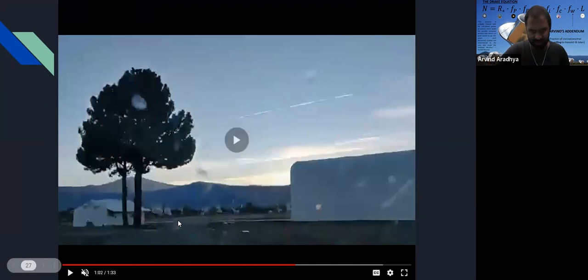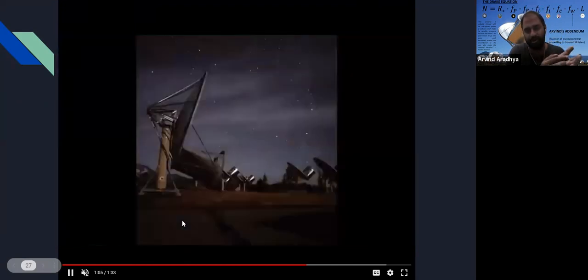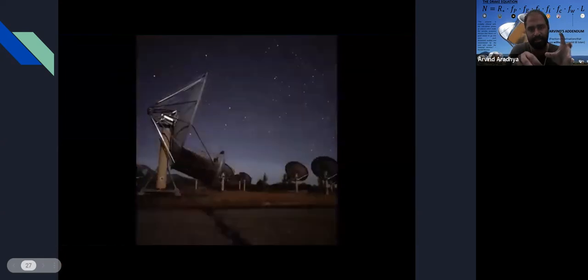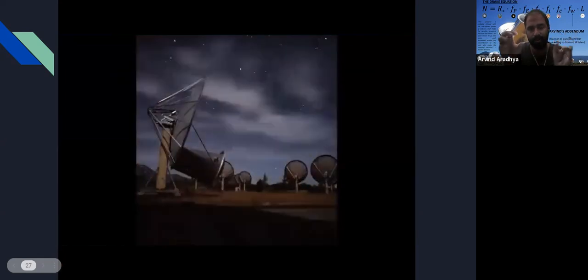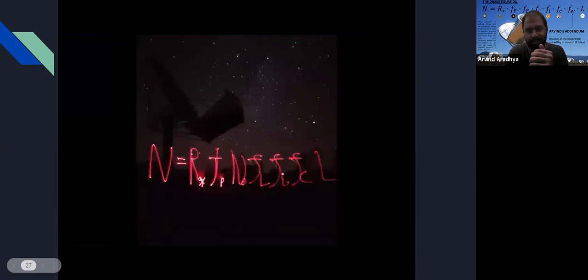So you can see it here. Well, I just let it play. But these are your individual telescopes, and each one of them acts as one part of a bigger antenna. So the effective antenna size is about as big as they are. And yeah, this was about last month, sitting and doing some light painting. That's a Drake equation, which you can see in my background.